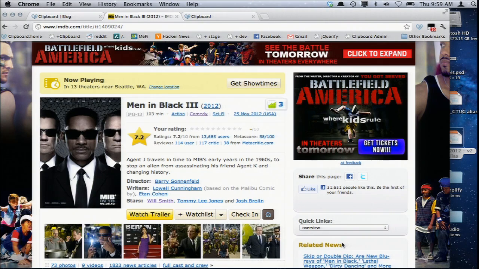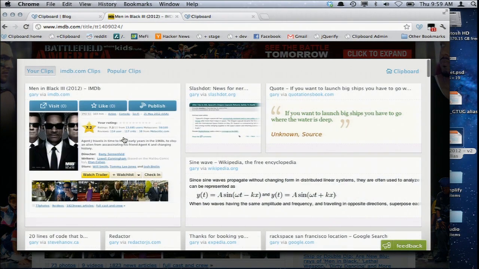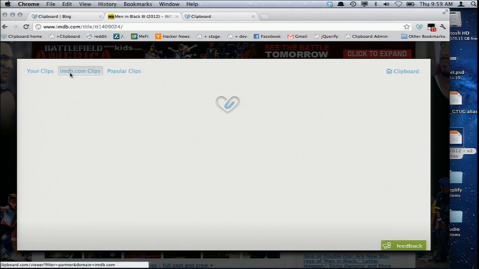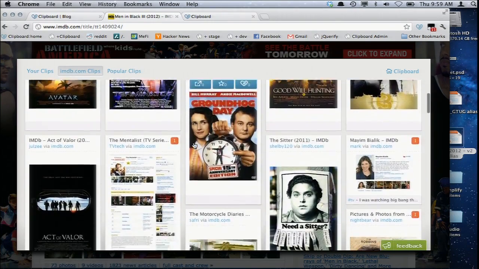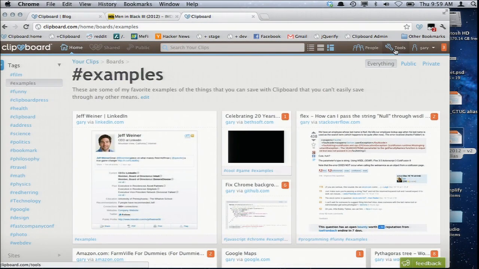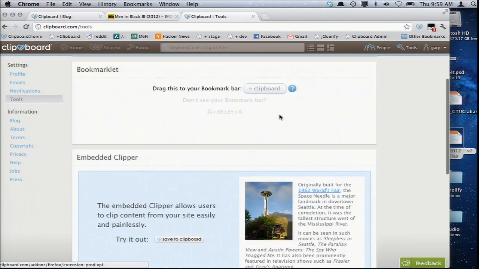and now you can start saving things from across the web. If you wanted to, you can also bring up a light box of that user's clips right on top, and it becomes actionable there. You could take a look at other popular clips from IMDb. But anyhow, this is stuff that a lot of people have been asking us for, and we're really happy to make it available today. If you register for Clipboard.com and you simply go to the Tools section,